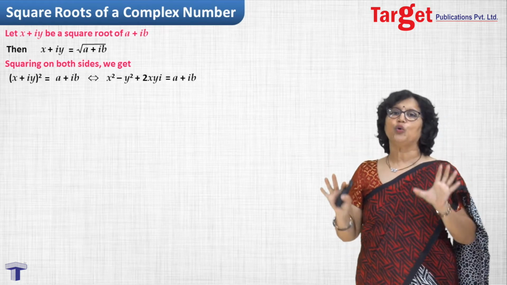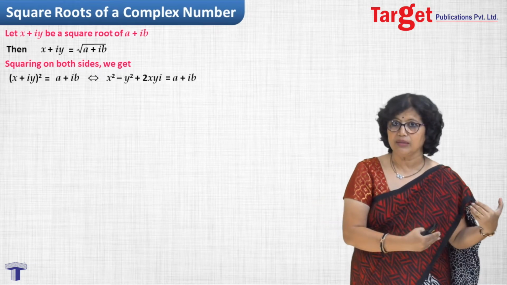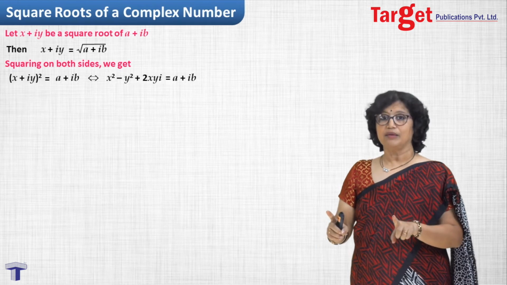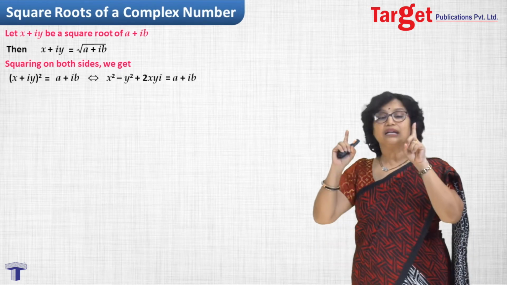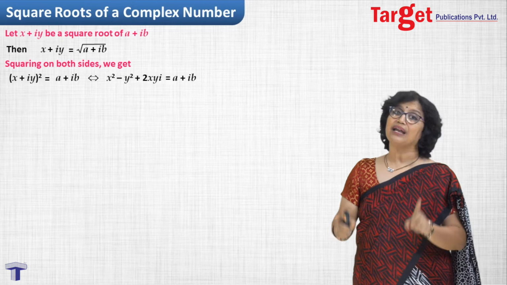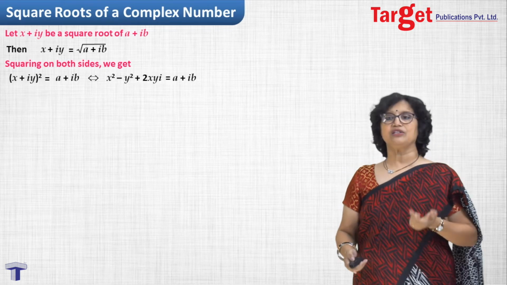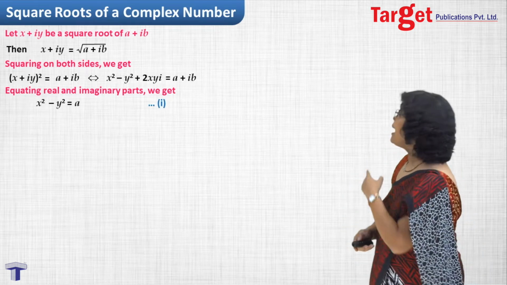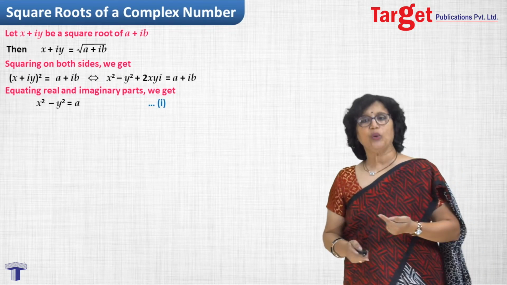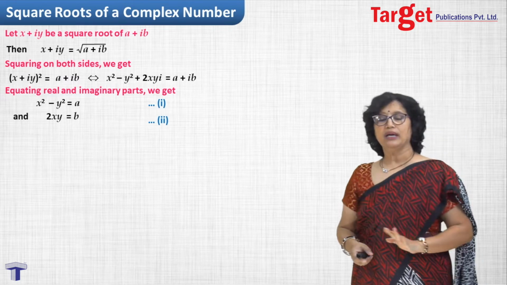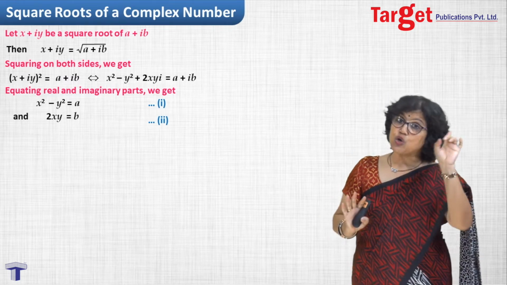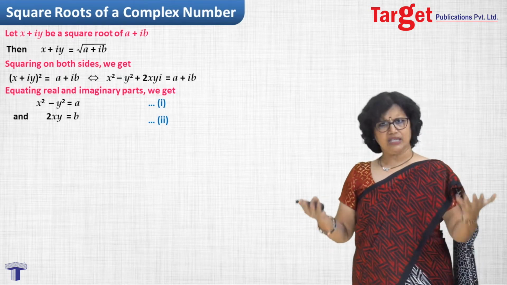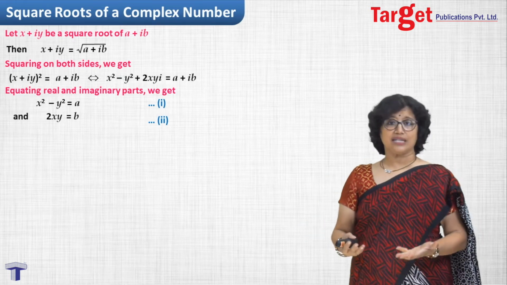Now you are equating two complex numbers. Just now we have done it some time back. What was it? When you equate two complex numbers, remember in the last session we have done that the real part must be equal to the real part and the imaginary part must be equated to the imaginary part. And hence by equating the real and imaginary parts respectively, I get x square minus y square equal to a, and I get 2xy equal to b. Now I have two equations. Our job is to get x and y. So we have two equations in x and y, so I am in a situation where you can find x and y.